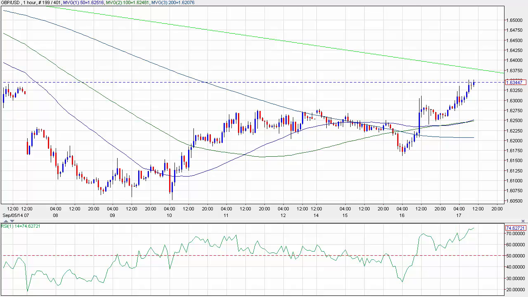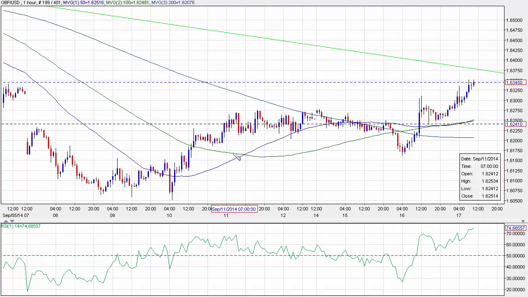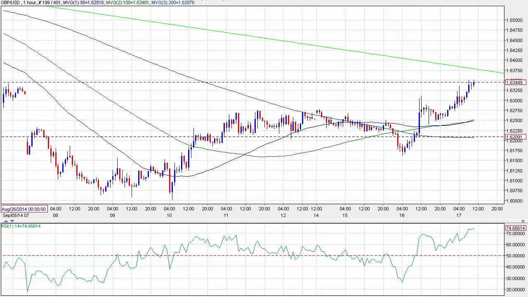The pound-dollar pair is in a bullish correction, showing some pound strength, especially after today's UK data, which showed better than expected numbers for average earnings, claimant count change, and the unemployment rate. The 1-hour chart shows a rally building on top of a price bottom last week, and in the daily chart,